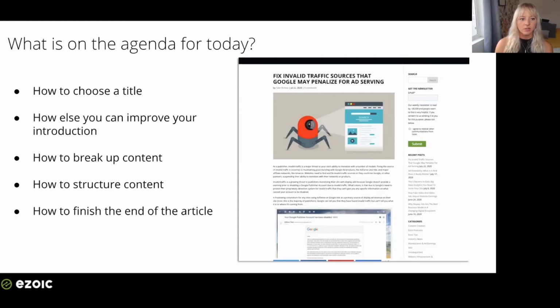There are certainly many ways to structure content, and everyone is going to have a different writing style, but there are some proven ways to structure content that will help with higher ranking positions in Google search, and also influencing more page views per visit and longer session durations. So you're going to get all of that by following some of these tips that I'm going to give you.